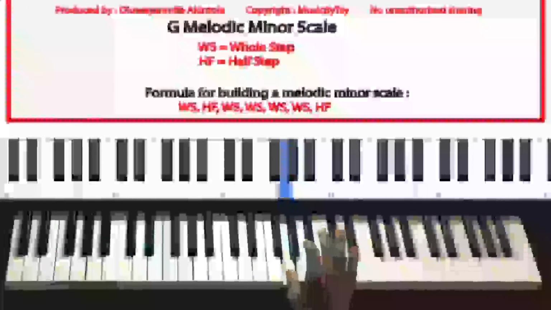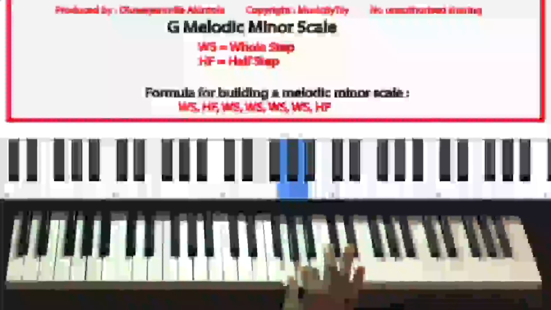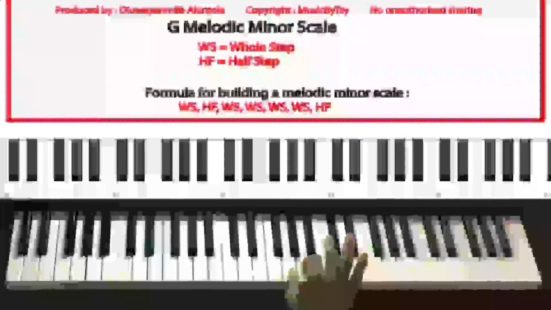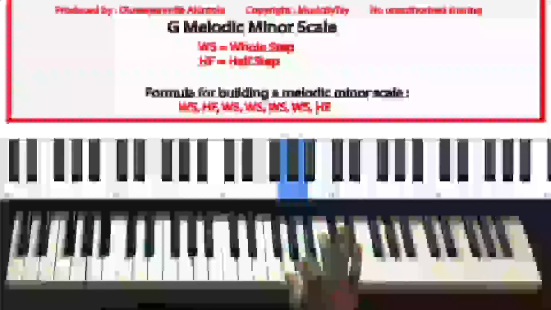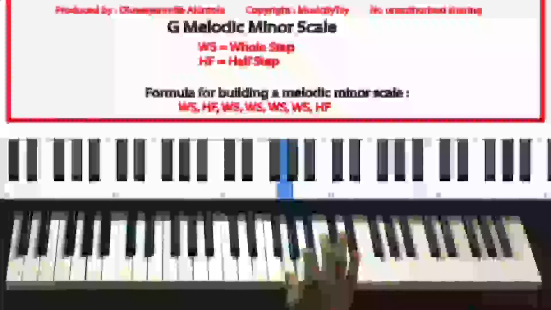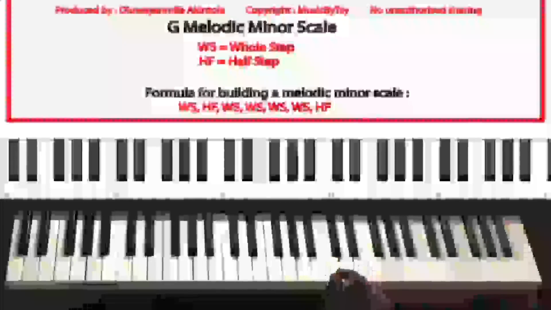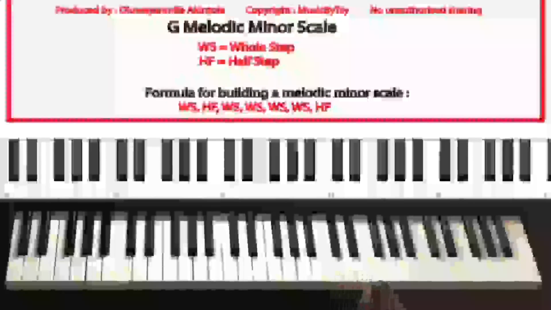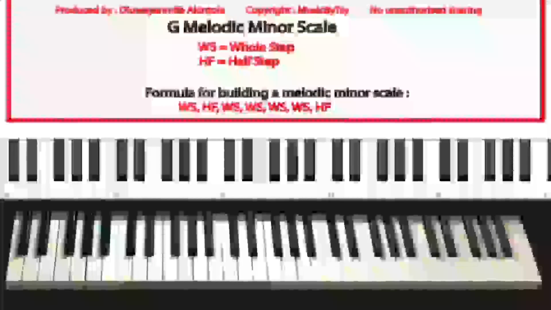Now, whenever you move from one key to another key and you skip one key in between, then that is known as moving by a whole step. So for example, if I move from the key of G to the key of A, I've skipped the key of A flat in between. Therefore, this means that I've moved by a whole step. I was just defining those terms because we're going to be using those terms in the formula for building the G melodic minor scale. So yeah, let's use the third method, which is through the use of the formula